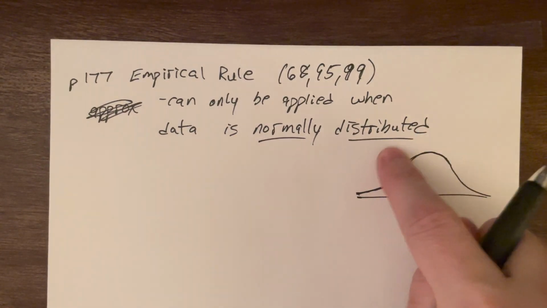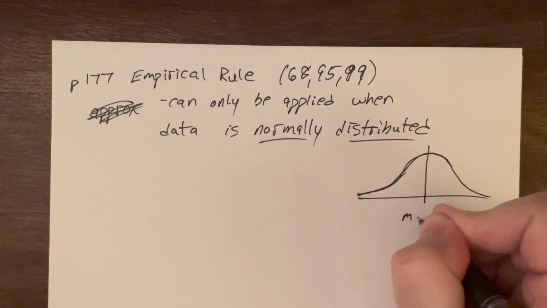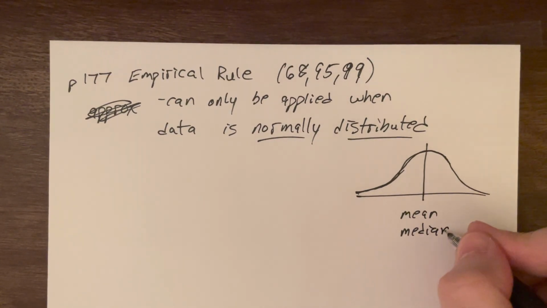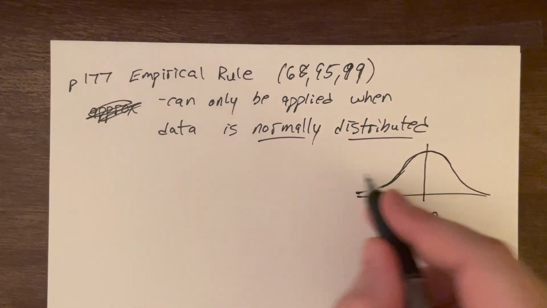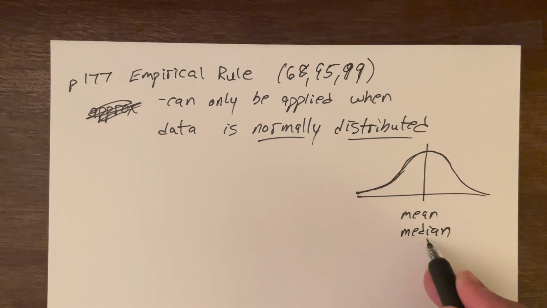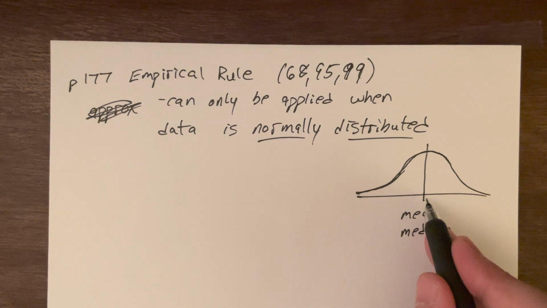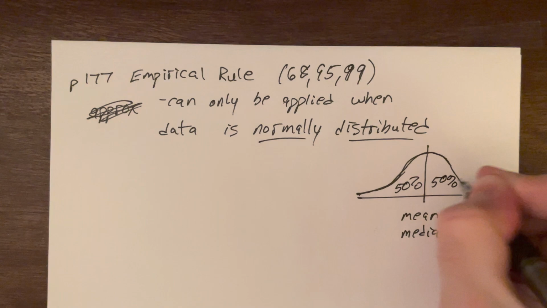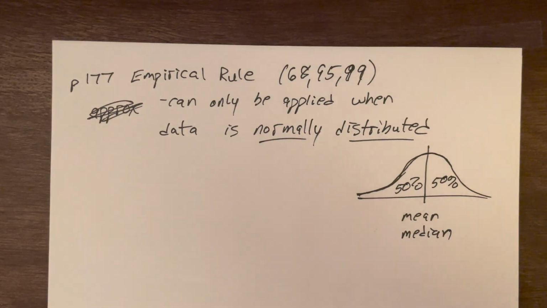But the point of normally distributed, and again, we'll see a lot more of this, is that both the mean and the median line up together directly in the middle of your data, and that we have this perfect symmetry. Half, well, that's the idea of the median. Half the values are below, half are above, but the mean exactly corresponds. So you get a perfect 50% of the data to the left, 50% to the right, and it's all perfectly proportional. That is where we are going.